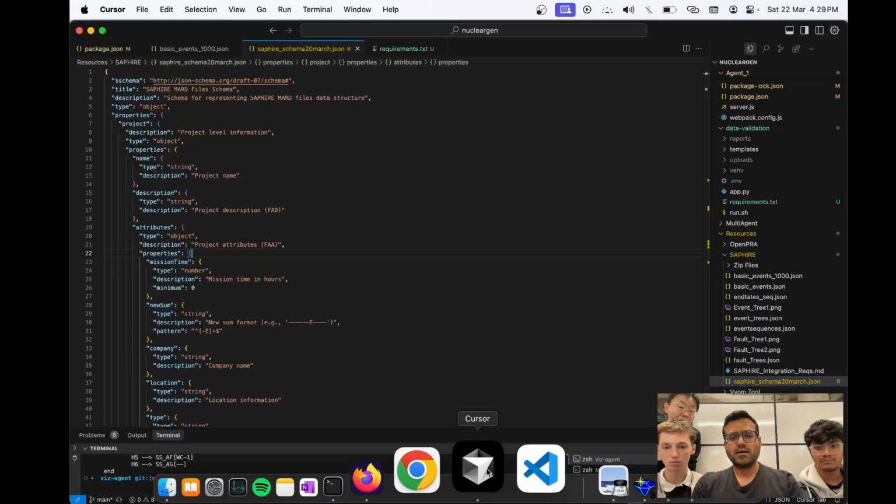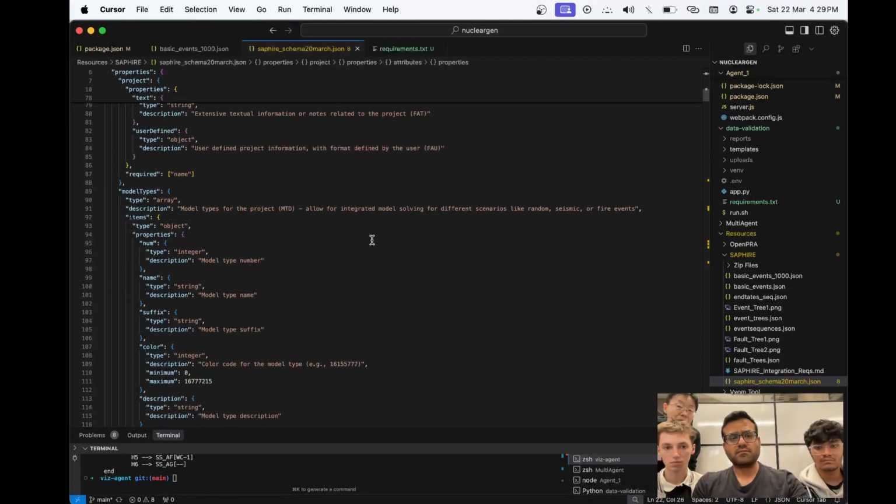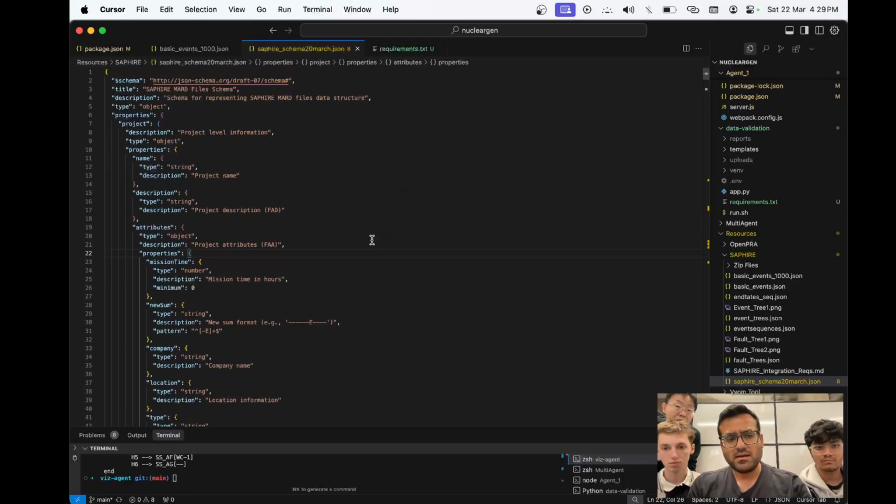Behind the scene, as you can see, the schema is very complex. There could be 100,000 basic events, 1,000 fault trees, 100 event trees, and you need to do real-time risk analysis for all of them. This is a large problem in the nuclear industry, which we are solving through our agentic